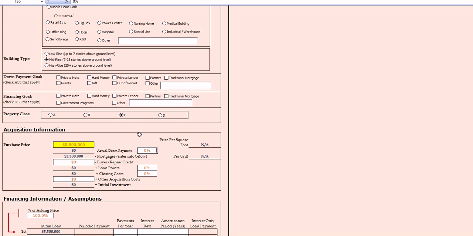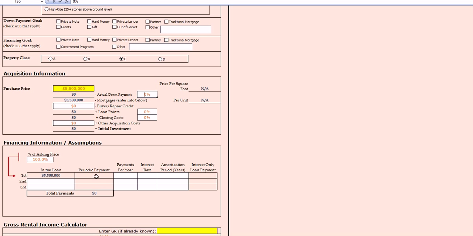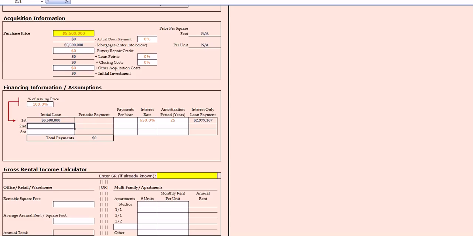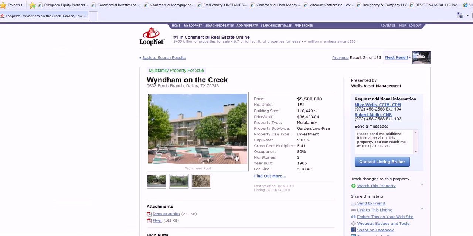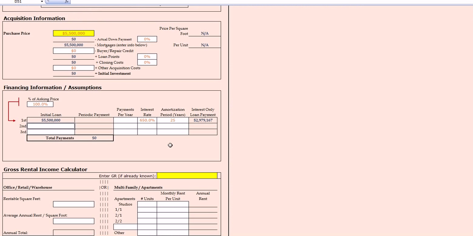Okay, and so now we're going to be putting a 15% down payment, but we don't really want to put anything in there yet because we want to actually figure out how much of a buyer's repair credit we're going to need. Okay, so our interest rate is probably going to be around 6.5% and a 25-year fully amortized loan. And we have the gross operating income, and I think they have a pro forma, and we'll go with the effective, the 922,042. So we'll put that in here,